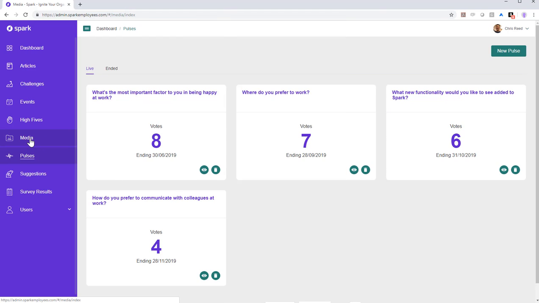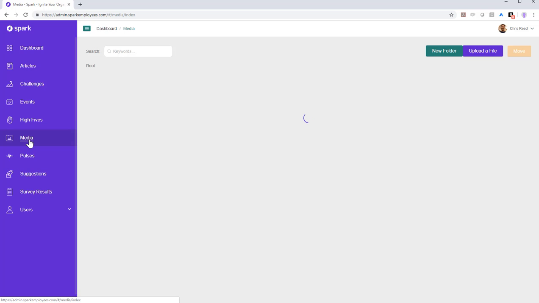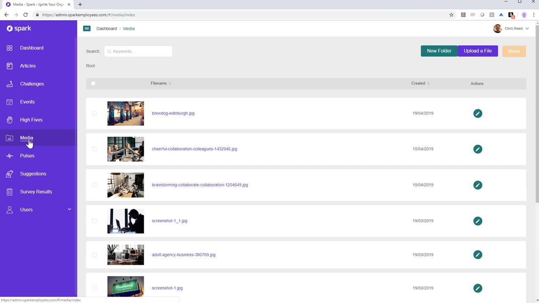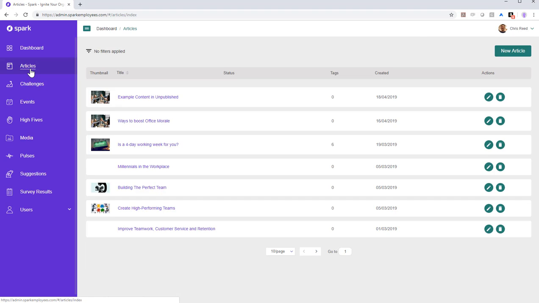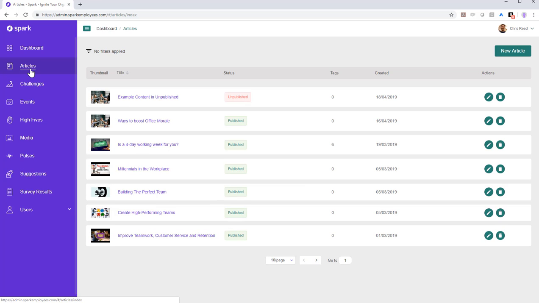Back in the admin site, I'm going to take you to the media section. This section basically is a content bank, and it holds all the images and video and any other content that you could use for articles or challenges or events. And you simply upload any files that you have on your PC here, and you can call upon them whenever you need them. Jumping into the articles section,